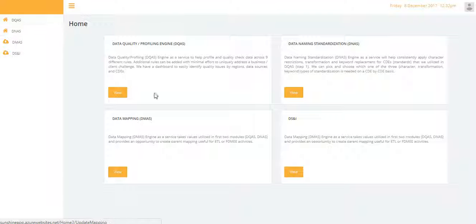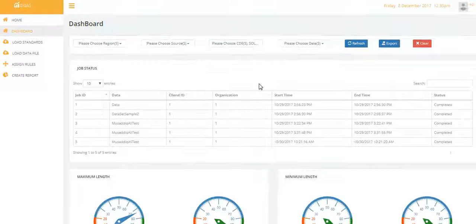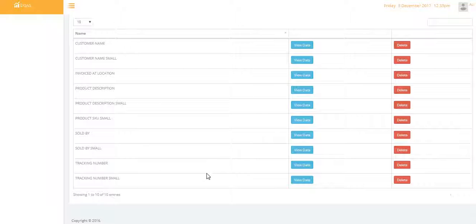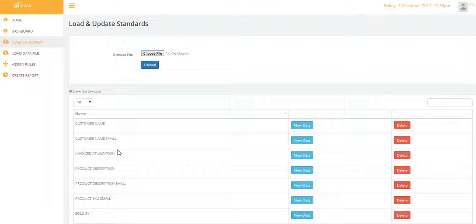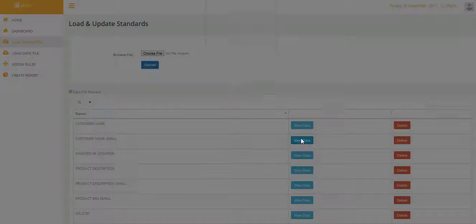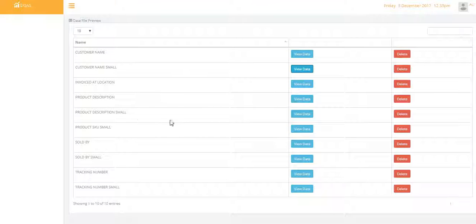Now let's go to data quality. Now this time the only thing that we're adding is the availability of some standards or some quality rules against which we will test out the transactional data. So here we start with uploading standards, right? So standards could be customer. Let's say what's in the customer. This is the customer names. Let's say invoice stat, location, products,